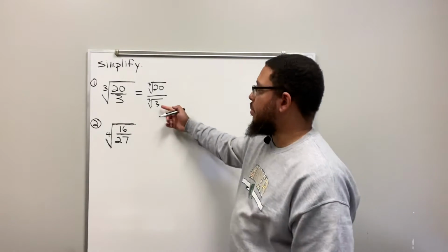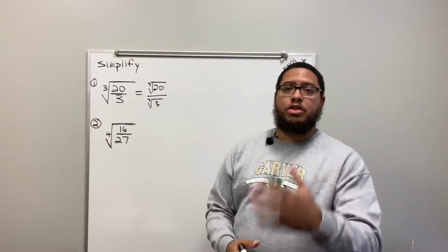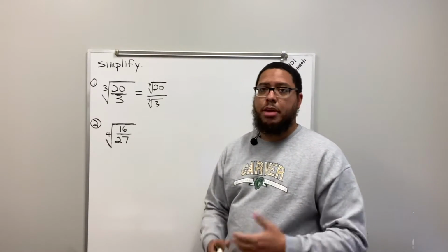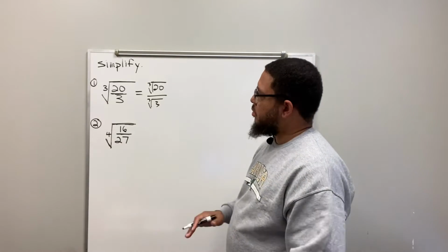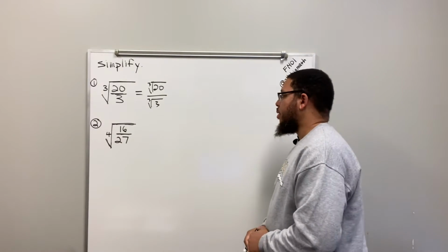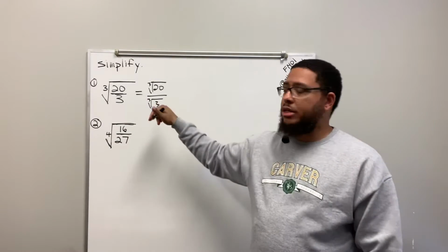And then I look in the denominator. Is 3 a perfect cube? No. There's no whole number that I can multiply by itself and by itself again where my product will be 3. All right, so we can't simplify the numerator, so that's cool. We could just leave that alone, right? But the denominator, this needs to be simplified. We've got to do something with this.